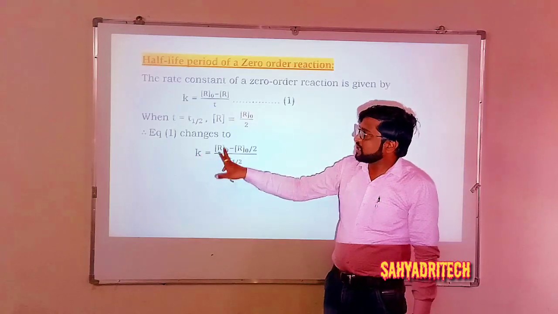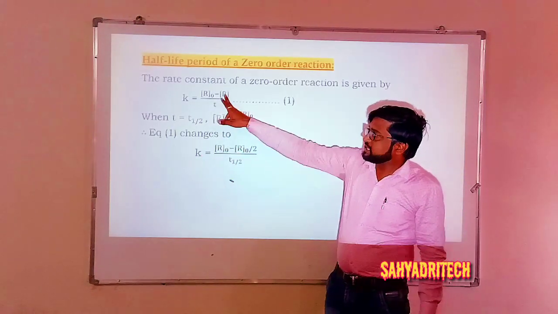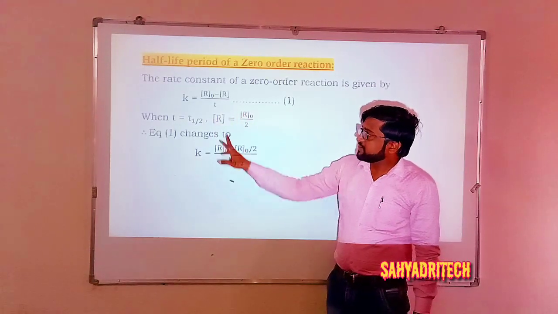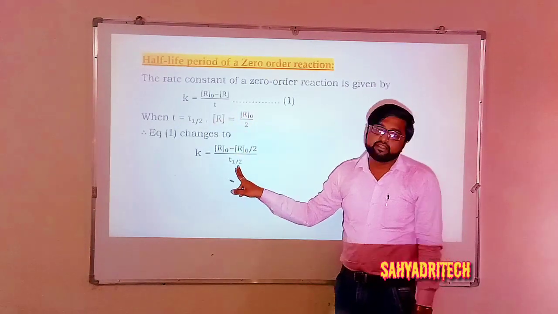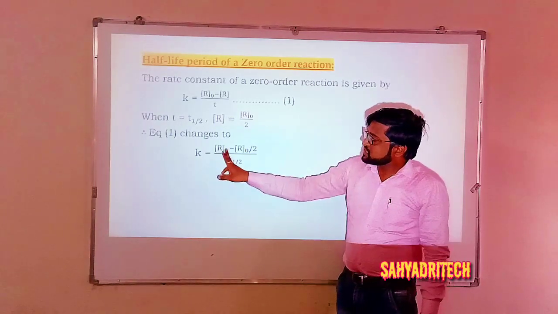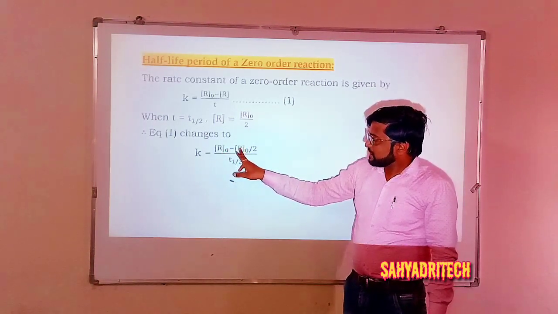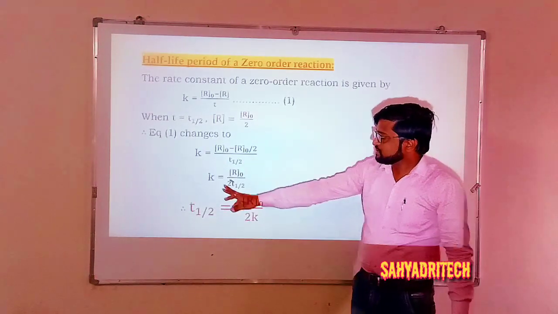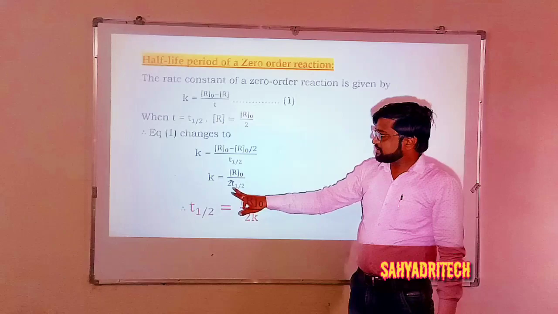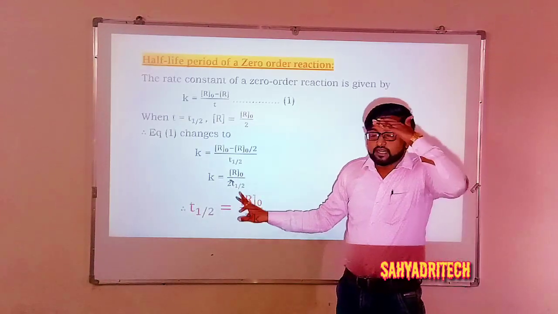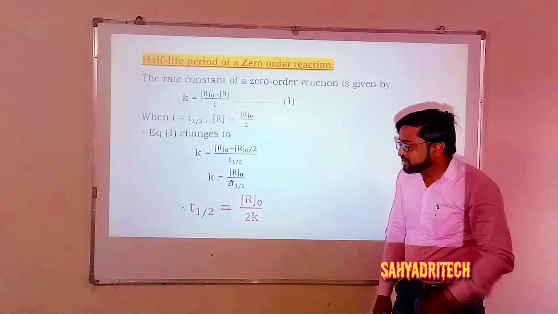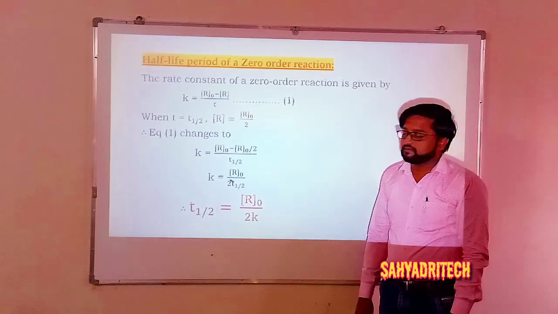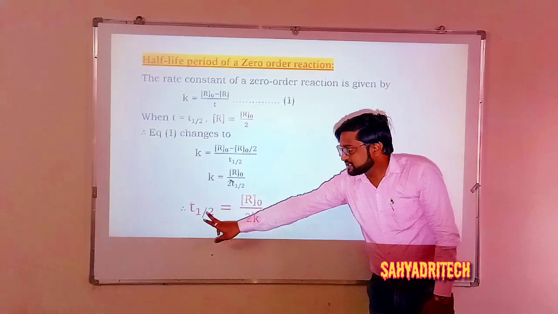So K = R0 minus, at the place of R, R0 by 2, divided by, at the place of t, t half. So K = (R0 - R0/2)/t half, or else K = R0 divided by 2 times t half. By rearranging, what am I going to have? t half = R0 divided by 2K. Okay, so here when you look at the relation,